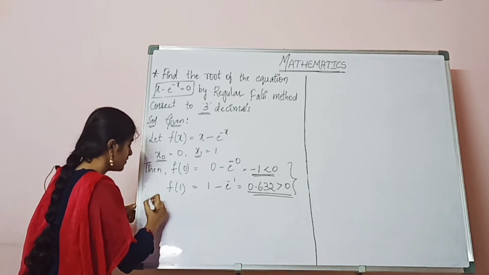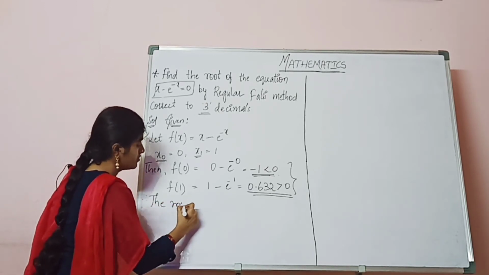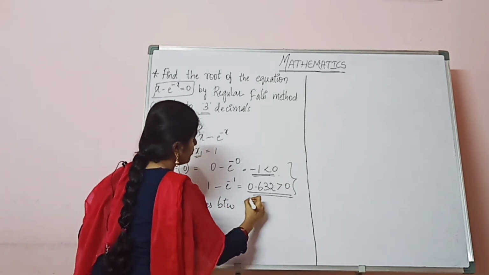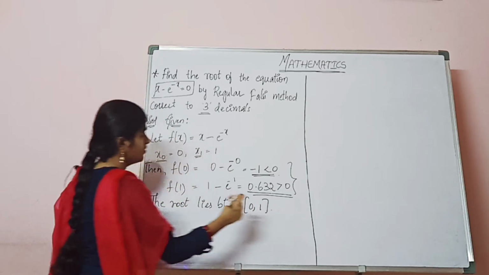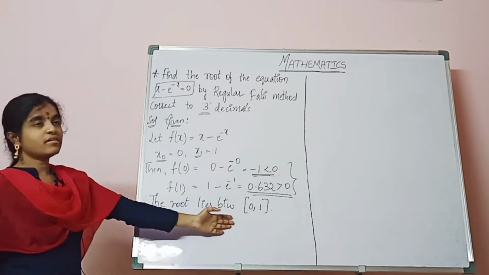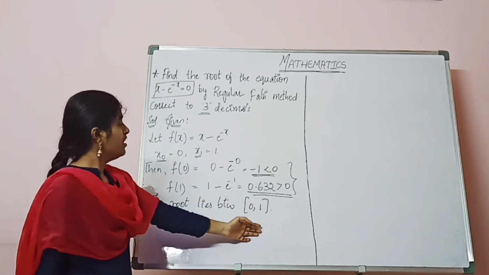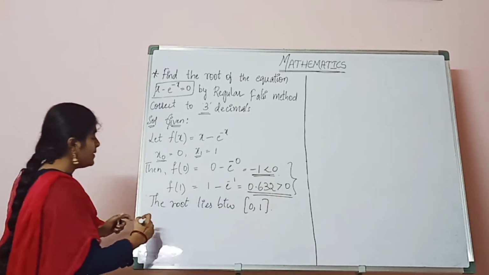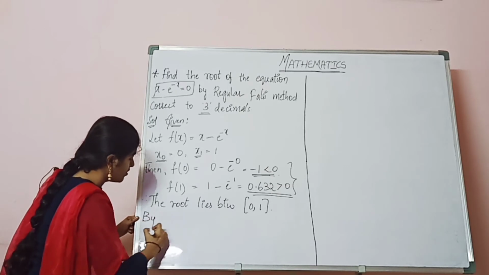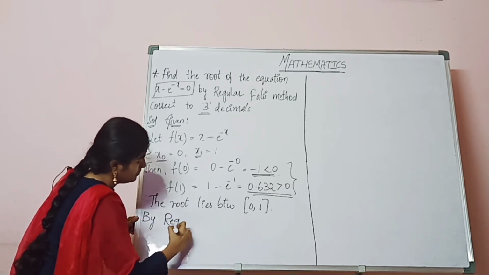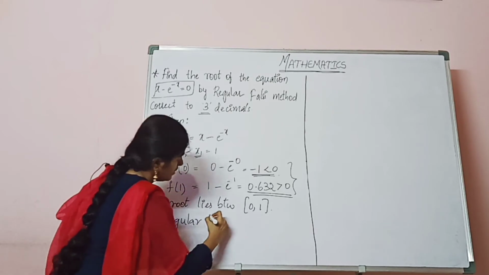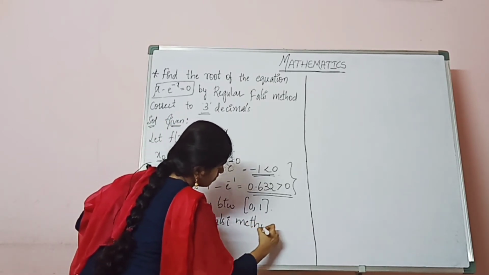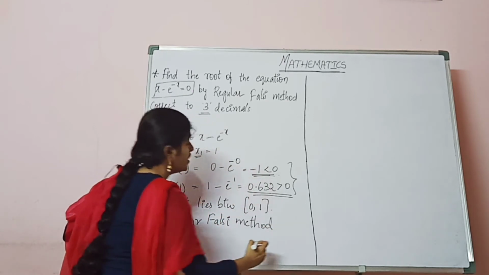Therefore the root lies between 0 and 1. So we can easily say that the root lies between 0 and 1. One value is negative, one value is positive. Next, by the regula falsi method, we have,